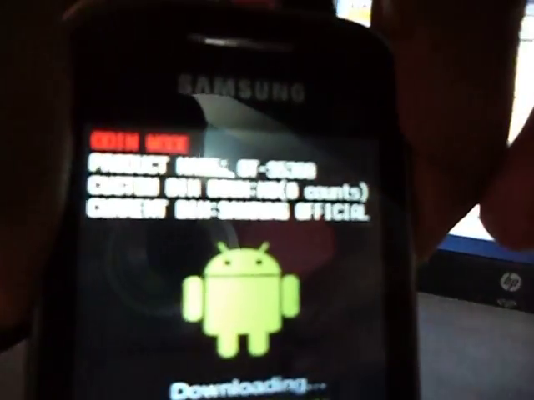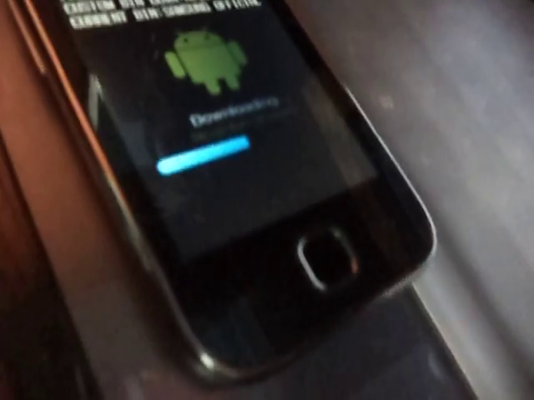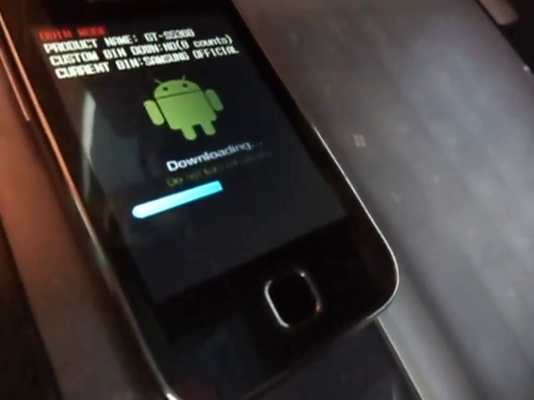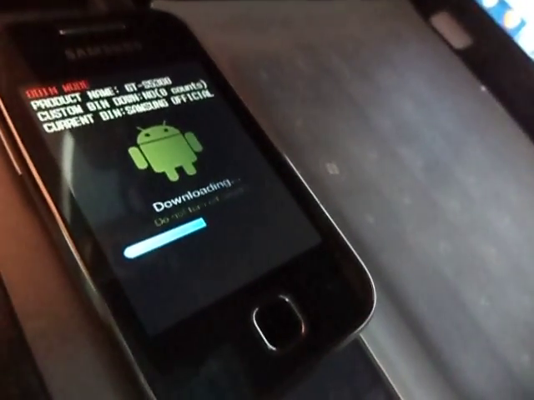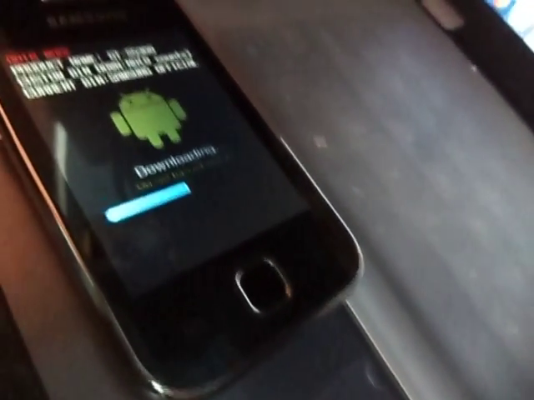The first thing you will see on the mobile is that a blue line appears over here and it increases. So just wait for these things to finish, and after it finishes you can use the Samsung Galaxy Y in its original form, or the factory reset form, or the form in which you got your mobile from the company. So you can see that the line increases automatically, and once it finishes, allow the phone to reboot.